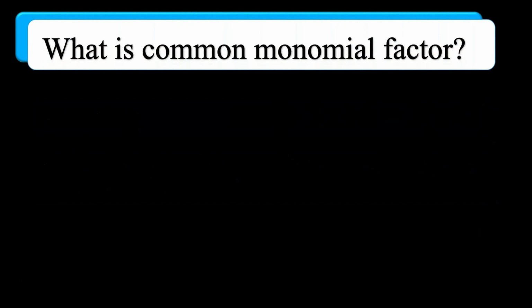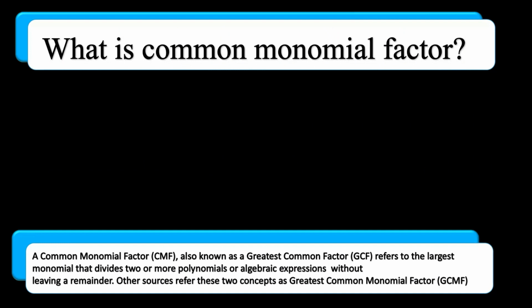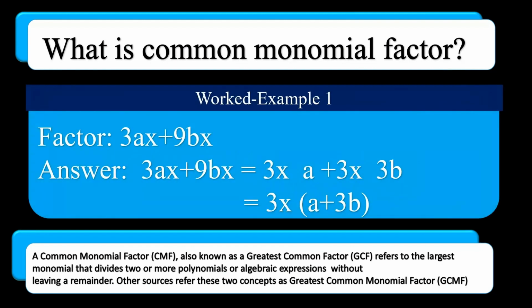The next question is, what is common monomial factor? Some books refer this kind of idea into greatest common factor. To find these two terms or these two concepts, we can get greatest common factor. In essence, this is the number outside the parentheses. For example, here,